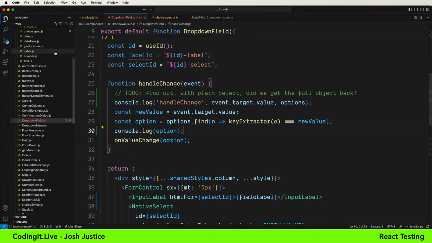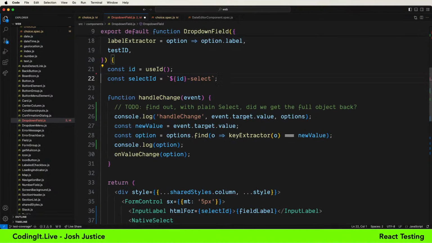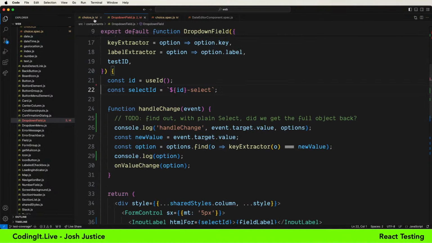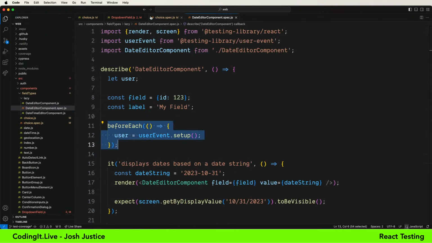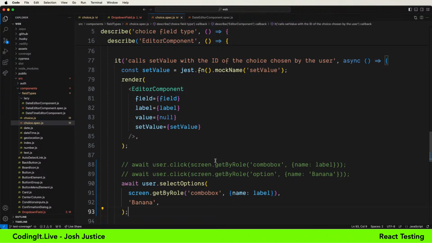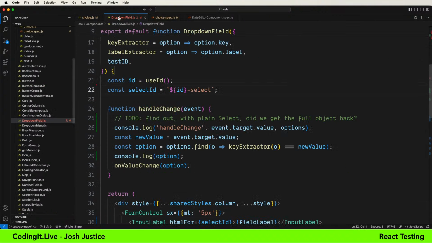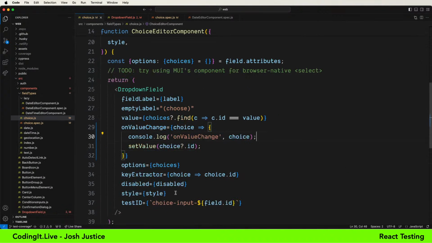Why is it not finding that? Key extractor. This is not needed. By default is key. Oh, is my test not doing that? Editor component. Key extractor is choice ID.